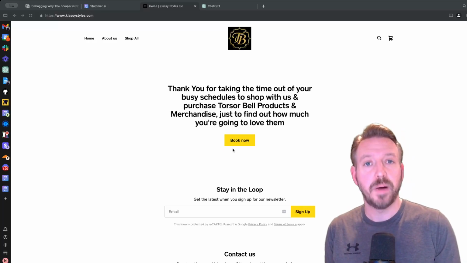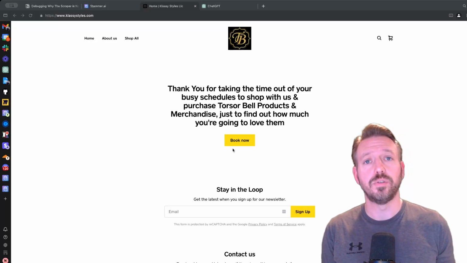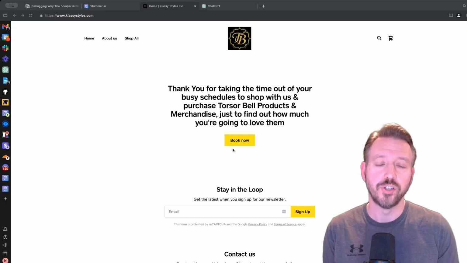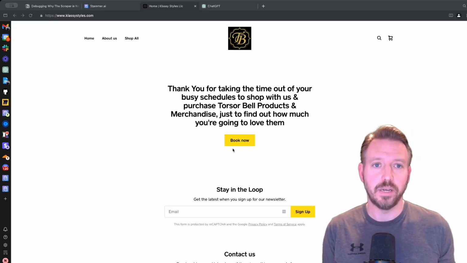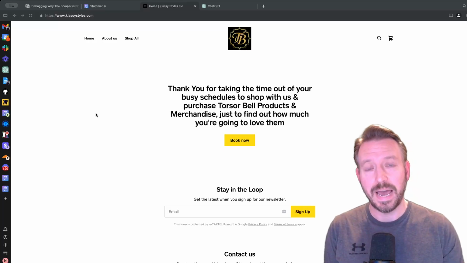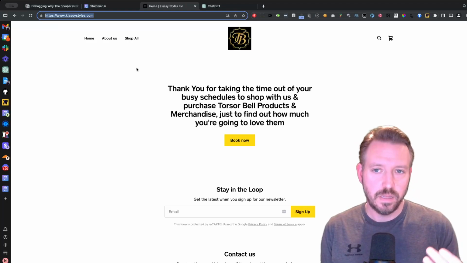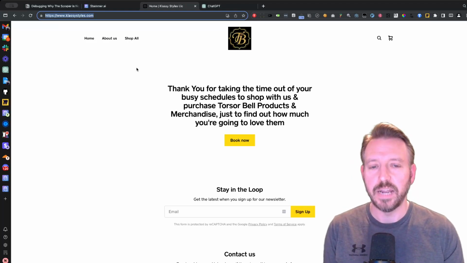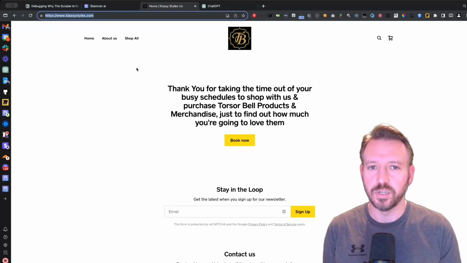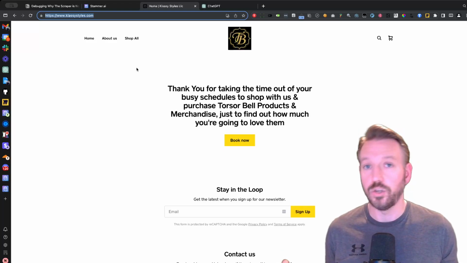Okay, and so to debug this on your own, the first thing you would need to do is get the actual source code of the web page that would be delivered if you were making a web request programmatically. And the way to do that, because you can't simply visit the page in your browser, right? The browser is going to render that JavaScript, it's going to execute it, and you're going to get what you would see as a human.